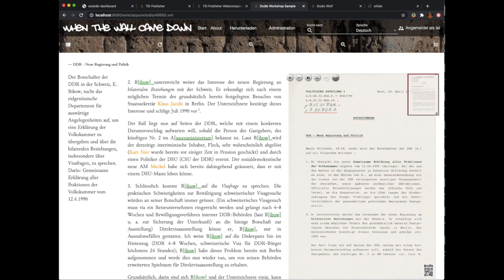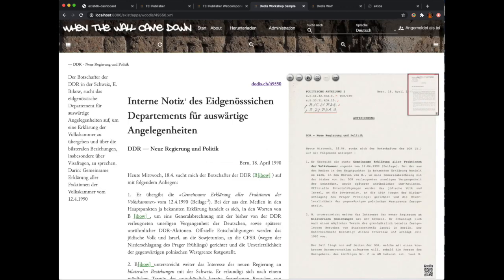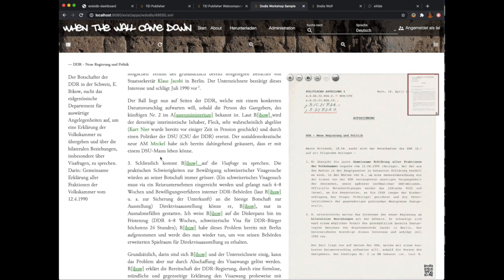We switch back to our page, reload, and now hopefully names should be in green. Okay, that was not a very good choice because we're already using green elsewhere, but never mind,